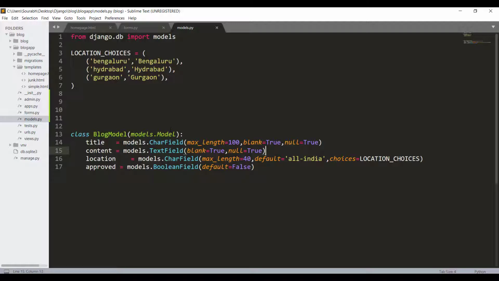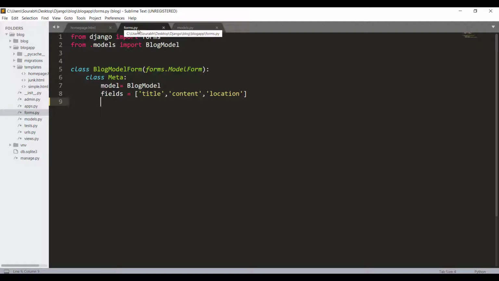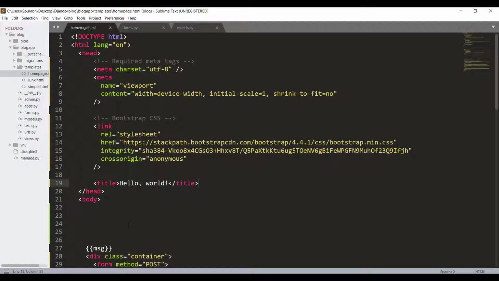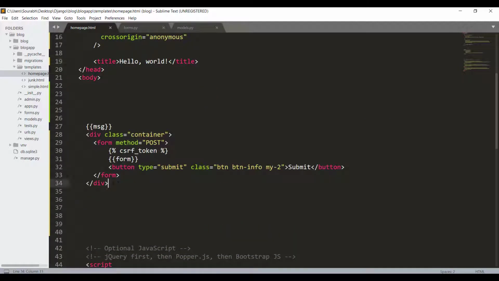One thing that we can do to render it is specify a forms.py file, which looks like this. We specify the fields that we want to show to the front-end user. If we just render our form in the HTML, this part shows how we are rendering the form from the forms.py file.